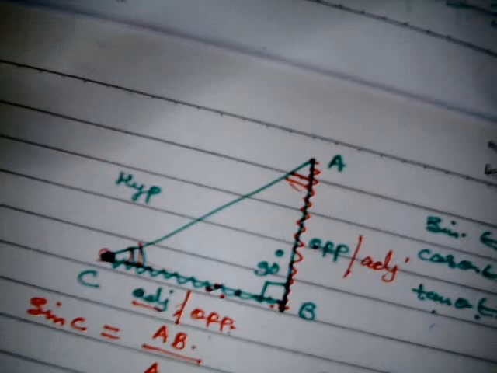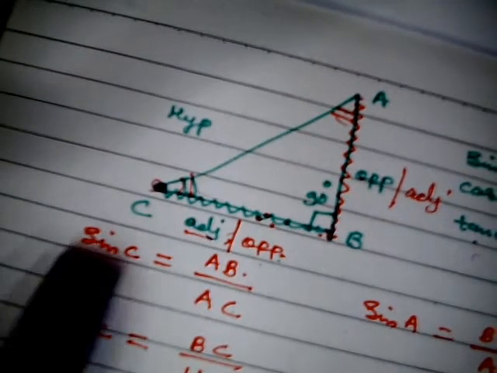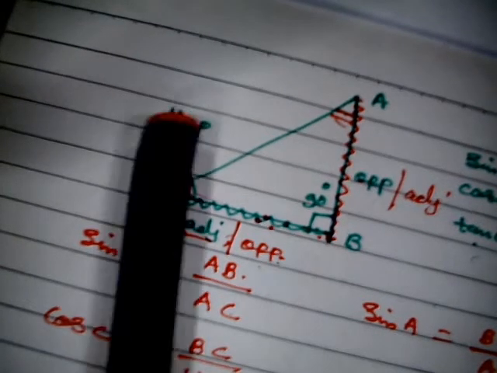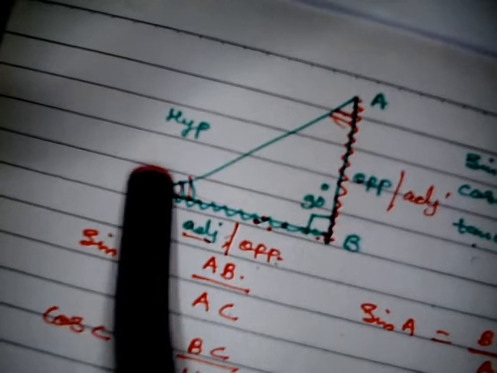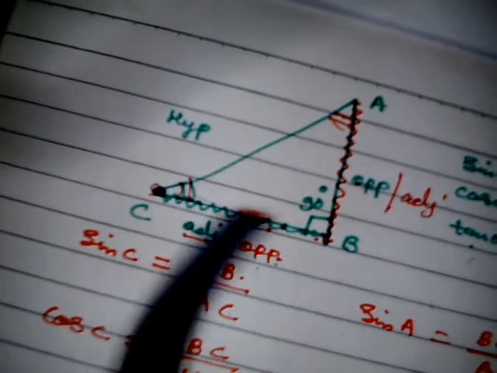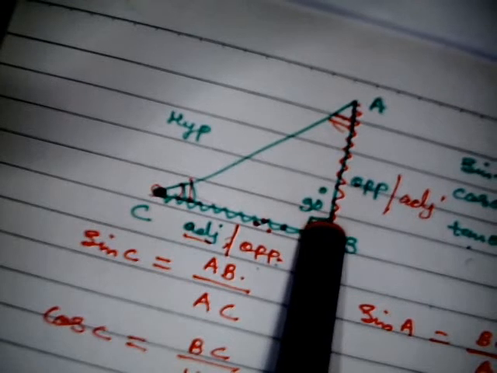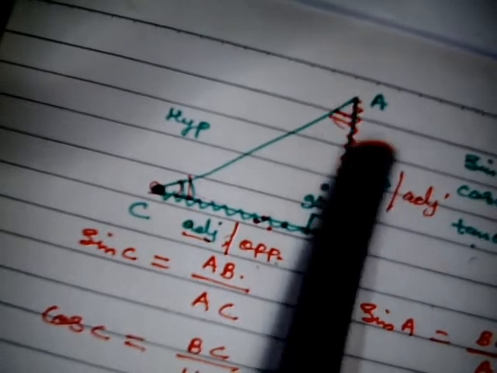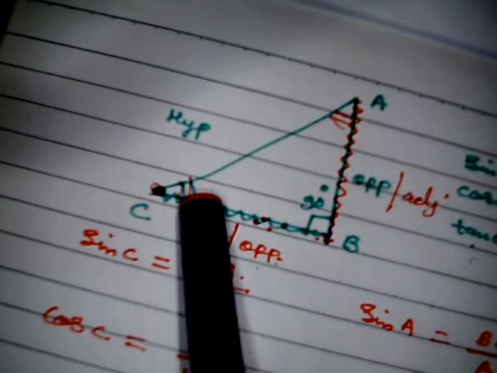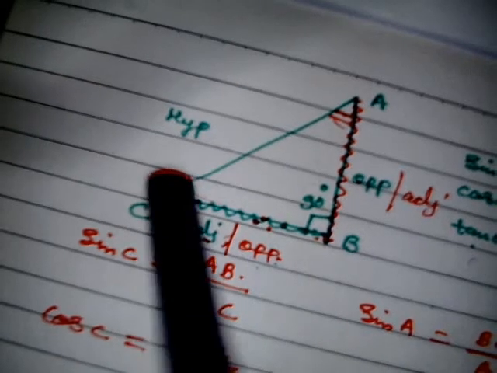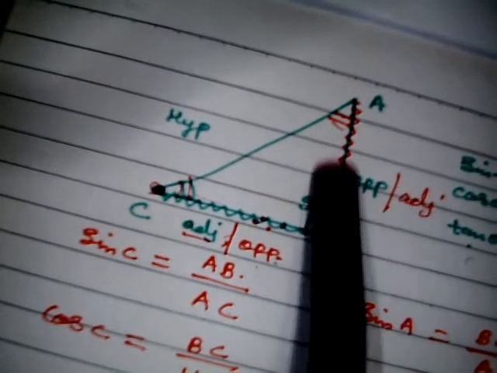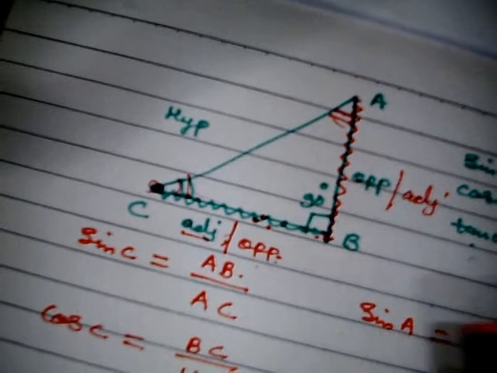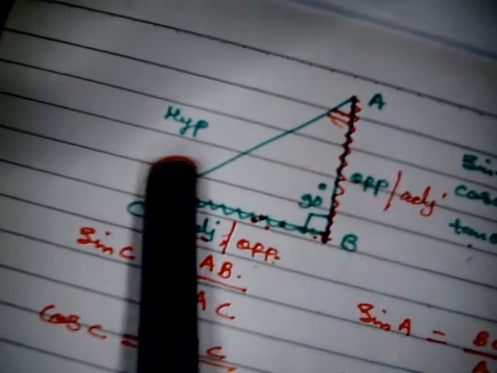Okay, let's see. If you are defining for C angle, sine is opposite upon hypotenuse. So if you are taking C angle, then the side which is attached with C, the baseline, is going to be adjacent, and the side which is perpendicular to adjacent is called opposite, and the slant side always remains hypotenuse. So if you are defining sine C, then the side attached to C will be adjacent and the other side will be opposite. Okay, so sine C, what is sine? Opposite upon hypotenuse. Sine C, C angle opposite is this, so opposite upon hypotenuse.